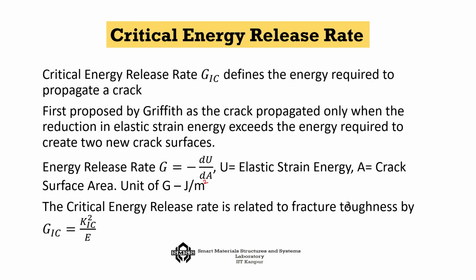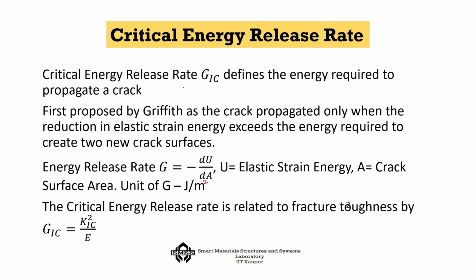For GIC, it is the energy, and that energy is that for every fracture you are opening up new surfaces. So, how much energy is spent for this new surface opening, that actually defines the critical energy release rate GIC, and that is certainly more profound, and Griffith first proposed this, that